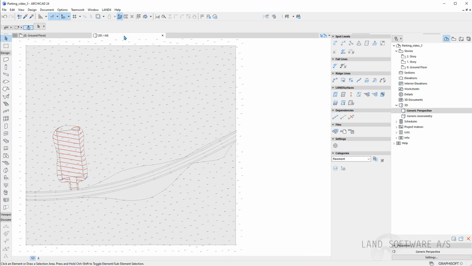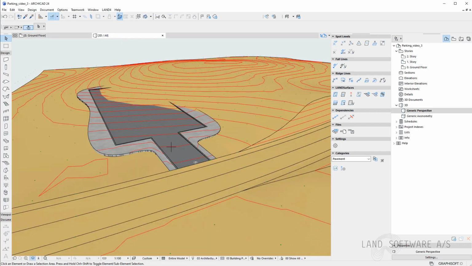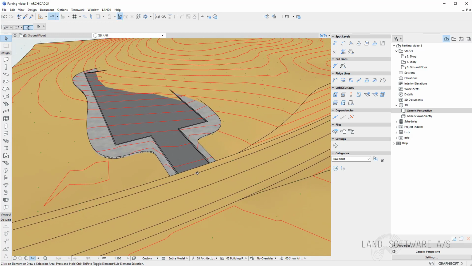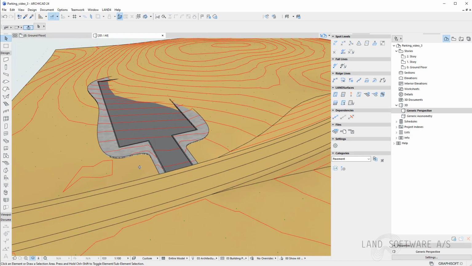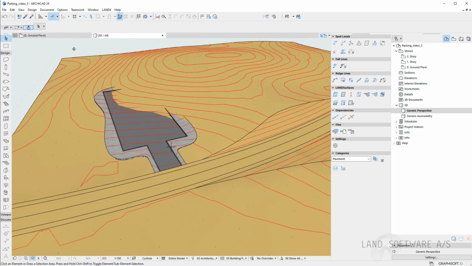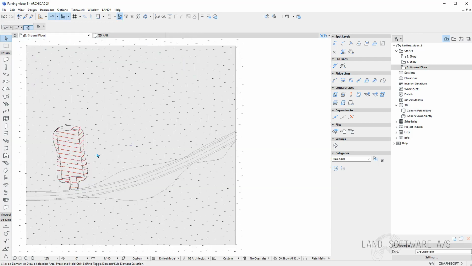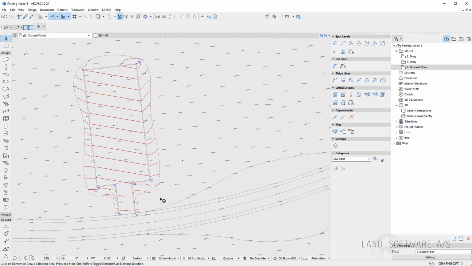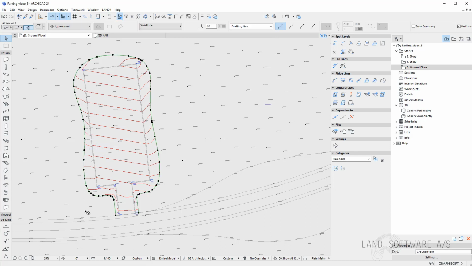Last but not least, we will try to balance out our cut and the fill based on the fall percentages from the constructed site towards the existing terrain, and in this way we'll try to balance out our volumes. I will start by projecting ridge slope in between the ridge line representing the pavement and the terrain.